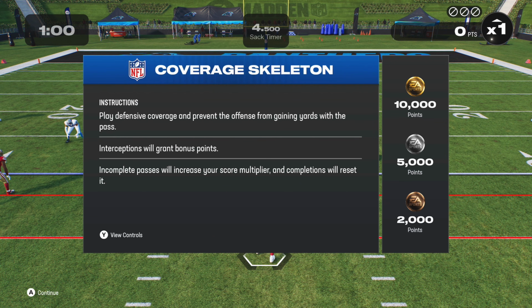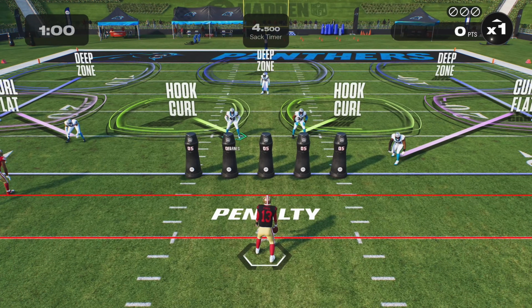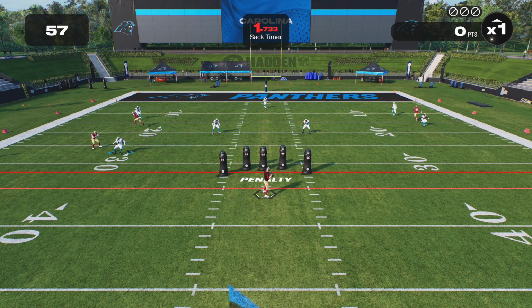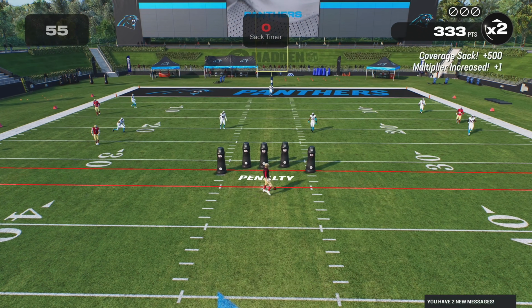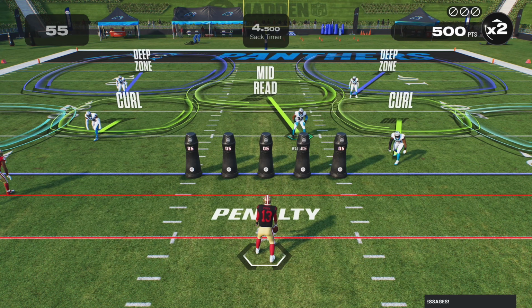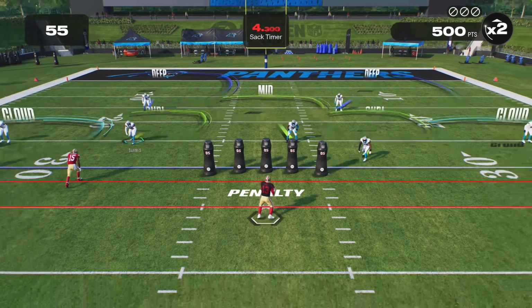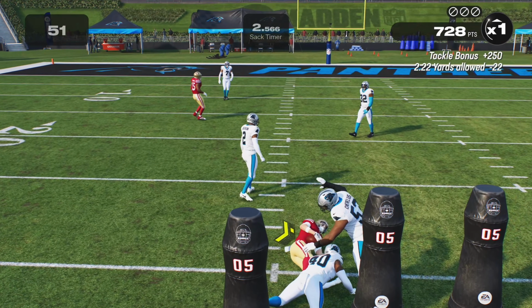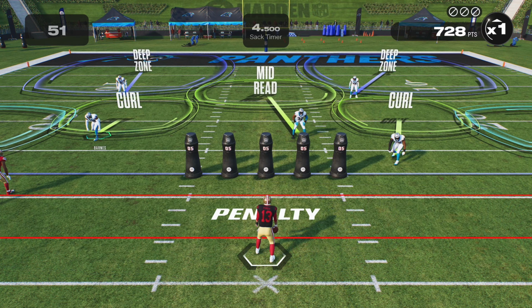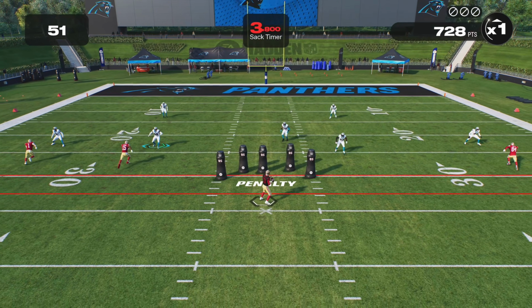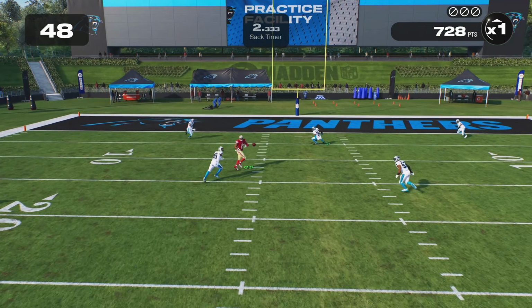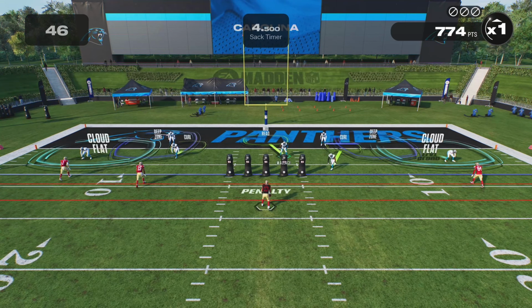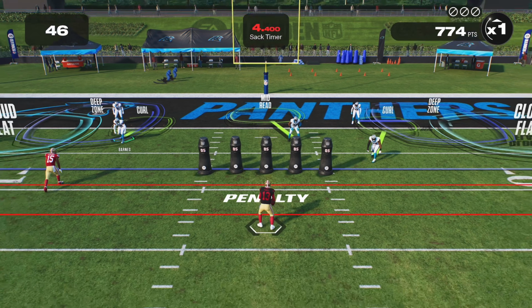What we're going to get into is going to be the coverage skeleton. This can be found under the training camp tab and then mini games. And all we're going to do is focus on not giving up touchdowns, but utilizing the switch stick to go from player to player to take route combinations away. This is a low risk place to do this. I equate this to being like if you were an NBA or NFL player, you have to go to practice. You can't just go into the game. So this is a really good environment for us to get that practice in, and it costs us no wins,